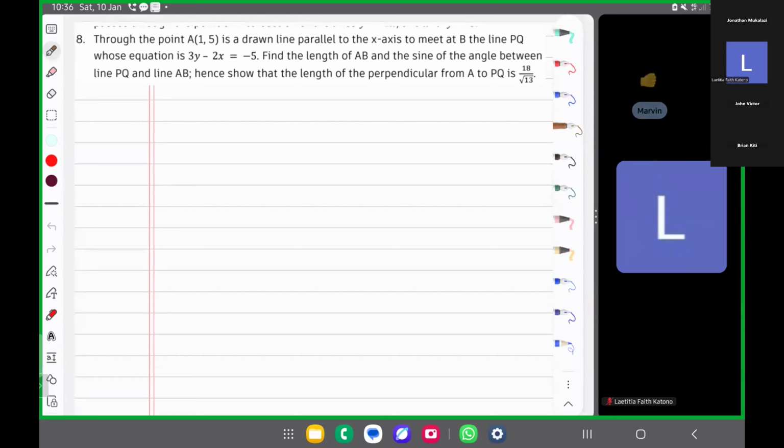So the point A, 1, 5 is drawn a line parallel to the x-axis. Can try to